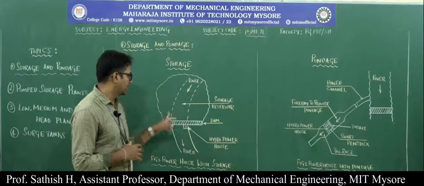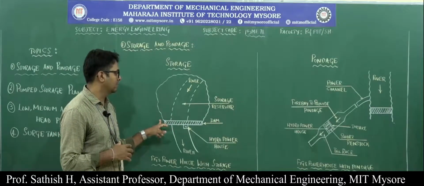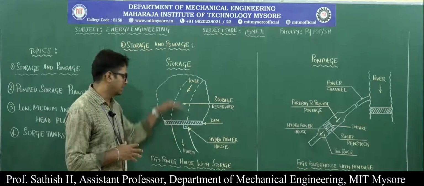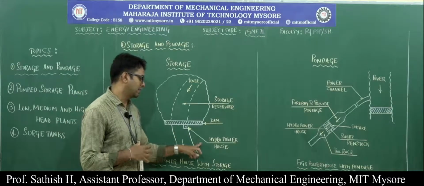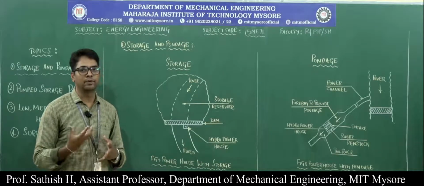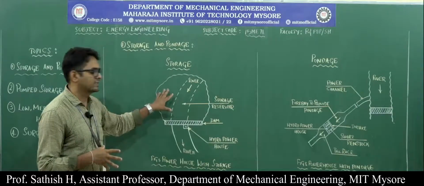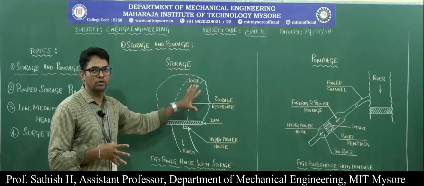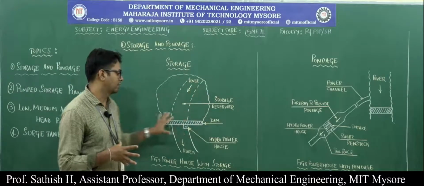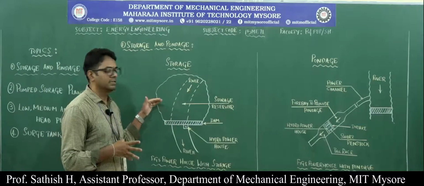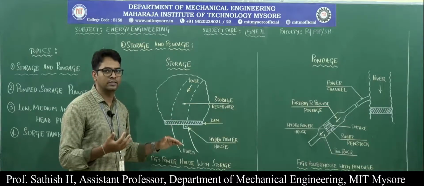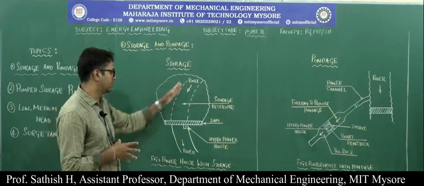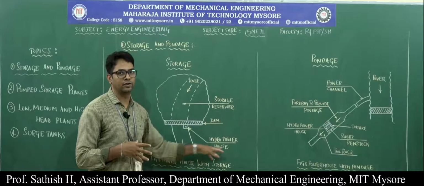The construction of the dam results in the storage of a considerable amount of water behind the dam. At the dam we have a hydroelectric power plant, which is used to produce electricity. During the rainy seasons, when water availability is very high, a considerable amount of water is collected in the reservoir behind the dam. That water can be used during the off seasons, that is, during the summer, when the water availability in the river is very low, in order to produce hydroelectric power.